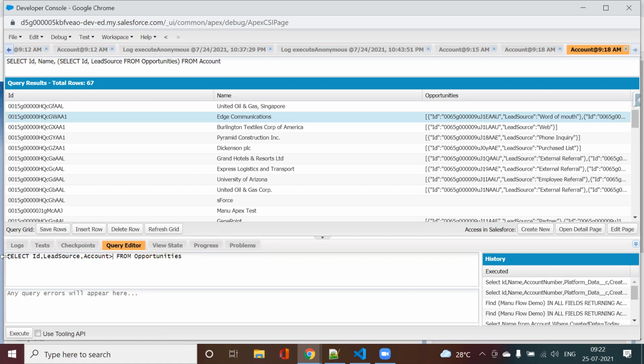In case it had been a custom object, I would have to specify __r. But since account is a standard object, here I just need to specify Account, that is the API name of the object, and the field that I want to query.